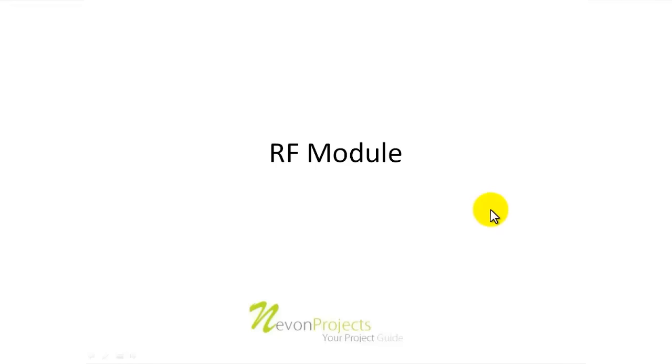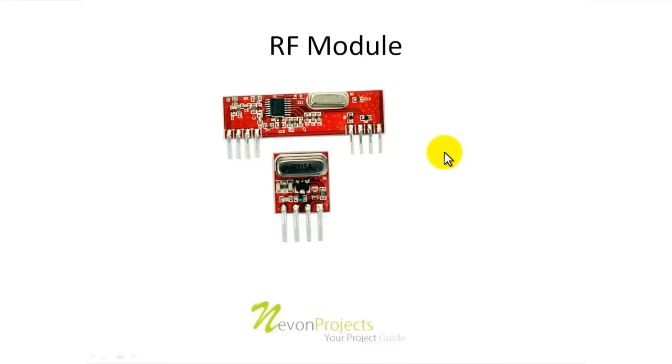Now RF module is a module that is used to communicate over short distances like 9 to 10 meters wirelessly. For this purpose we have a transmitter and a receiver module. The transmitter is used to send data, the real-time data that you are creating, to a destination where you want it to be used and processed in the microcontroller or anything else.